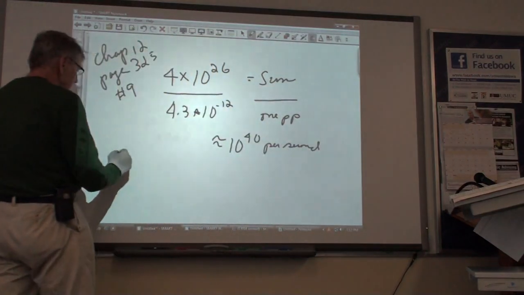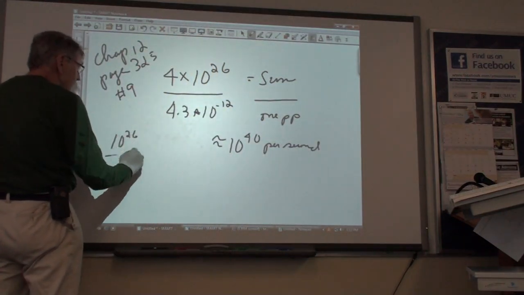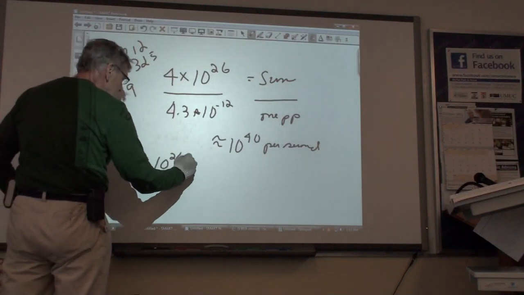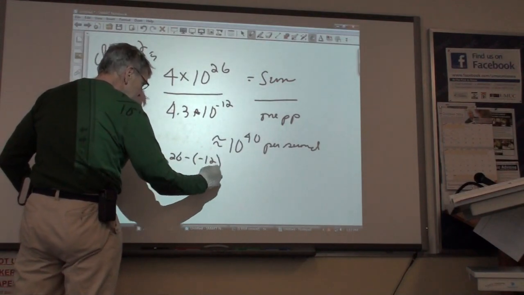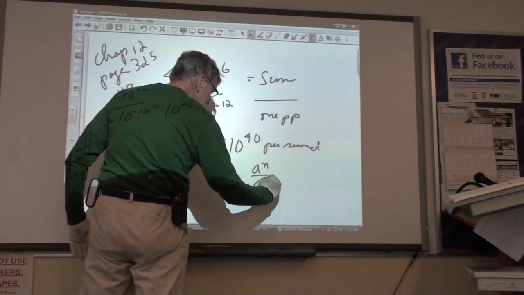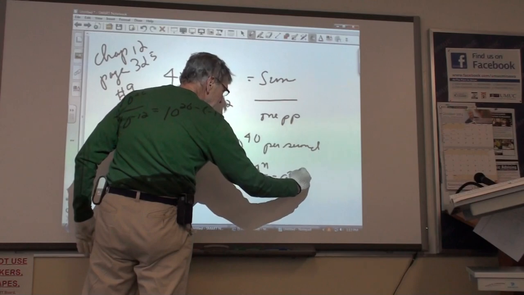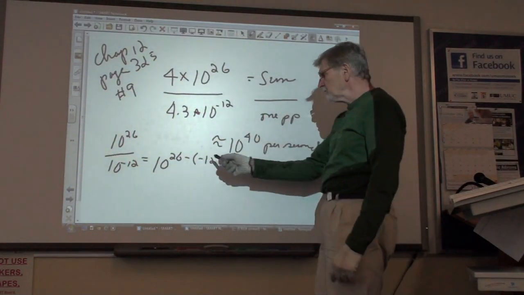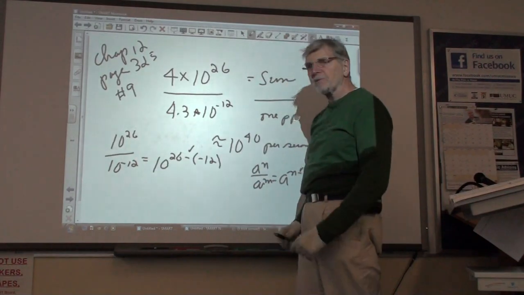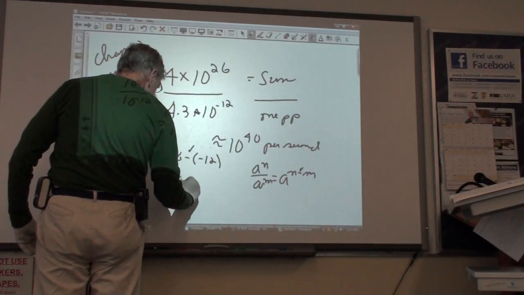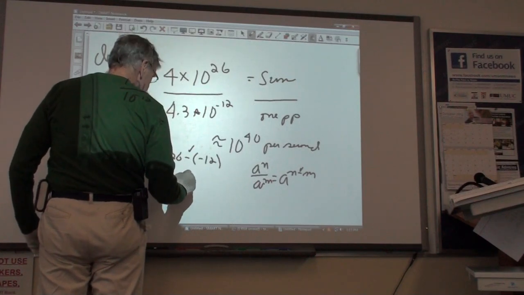And the reason for that is because 10 to the 26 over 10 to the minus 12 equals 10 to the 26 minus minus 12. This is from the fact that a to the n over a to the m is equal to a to the n minus m, and there is one minus sign from the equation, and there is one minus sign from the value of m, so this is equal to 10 to the 26 plus 12,